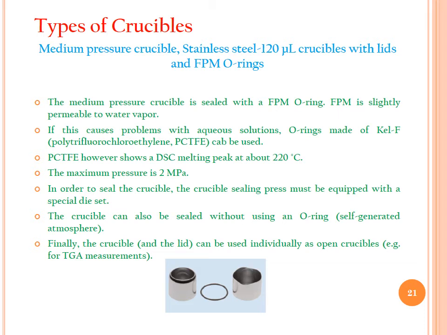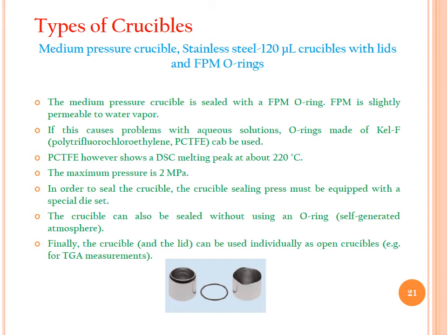O-rings are used in the crucible and lid as a seal. FPM is a type of polymeric material. The medium pressure crucible is sealed with an FPM O-ring. FPM is slightly permeable to water vapors. If this causes a problem with aqueous solutions, an O-ring made of